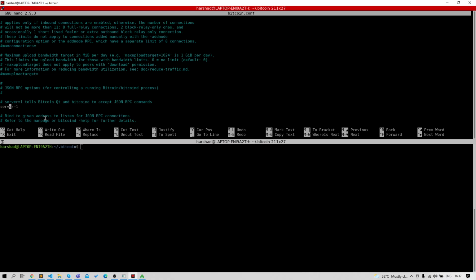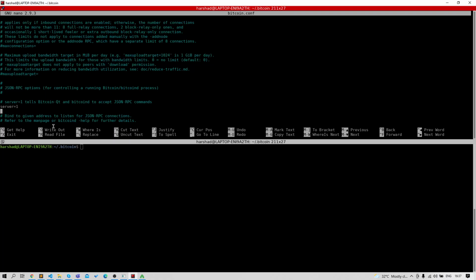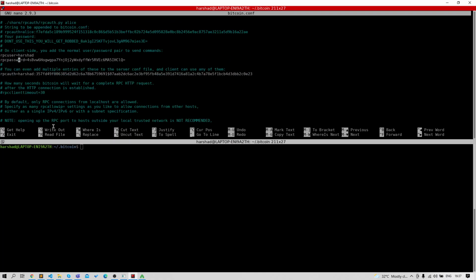To enable the JSON RPC API calls, we need to uncomment this line also, and we have uncommented the RPC username and password. All RPC API communication is secure, and to make it secure we have used a username and password based authentication system. To enable that authentication system we need to uncomment the rpcuser and rpcpassword lines.